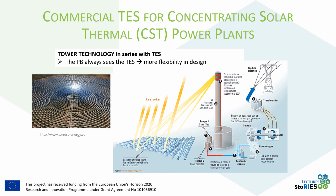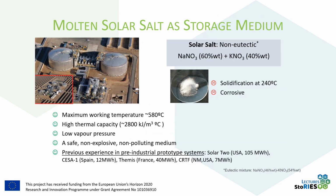The image on the left depicts an aerial photograph of the Gemasolar power plant, situated in the southern region of Spain. This innovative facility boasts a thermal storage system that enables it to operate for 19 hours, independently of sunlight. The material currently used in concentrating solar thermal power plants in their energy storage system is a liquid non-eutectic mixture of nitrates,